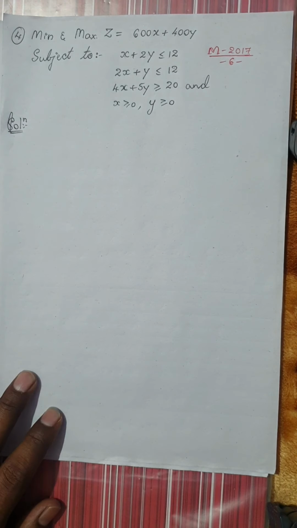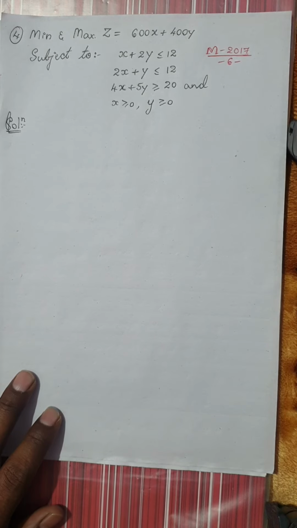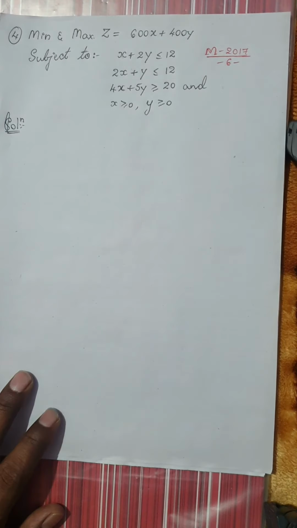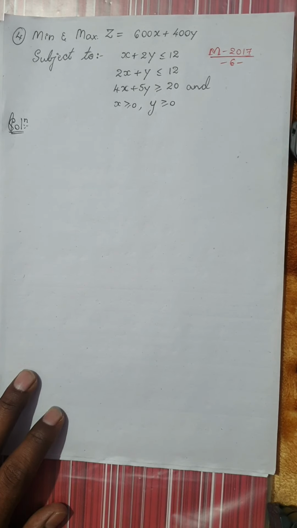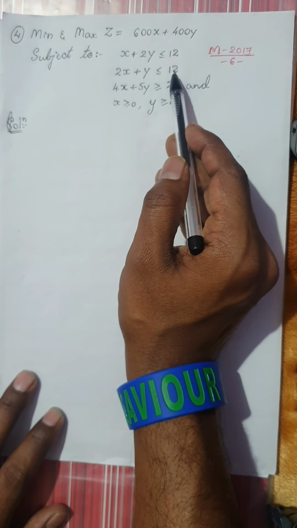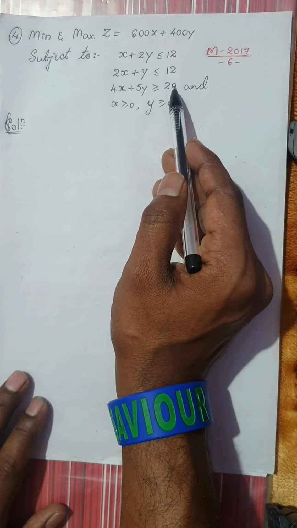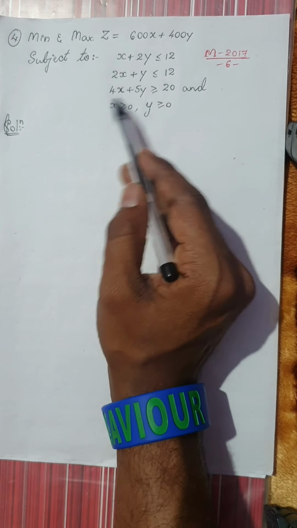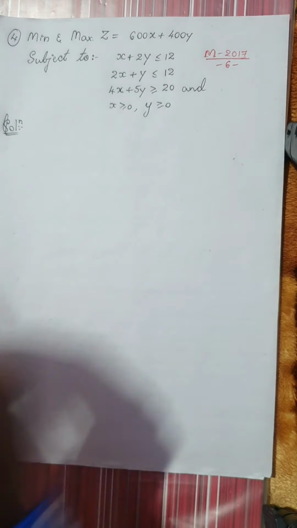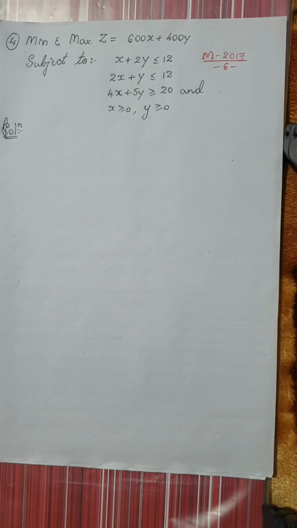Okay, this question is both minimization and maximization. Now you should be very careful here, because in all the three problems which you have done now, we had only two inequalities, only two constraints. But for this question there are three constraints. So you have to plot three straight lines to find out the feasible region. There is no need to worry. Let us follow the procedure in a systematic way.